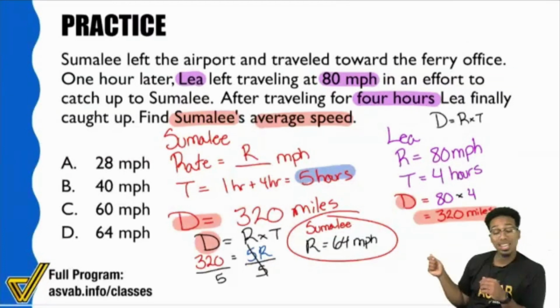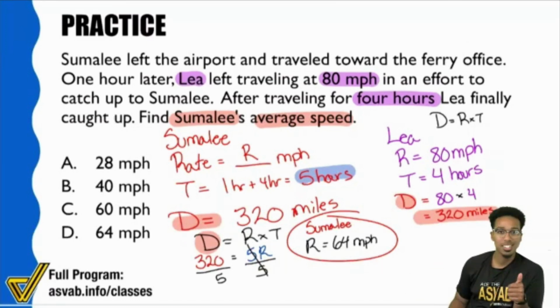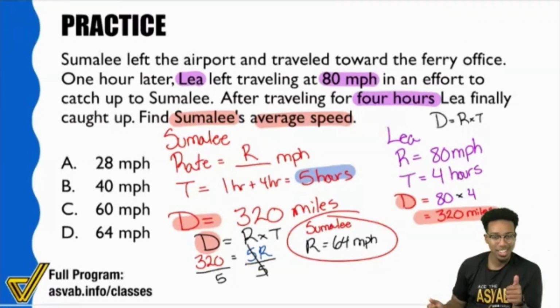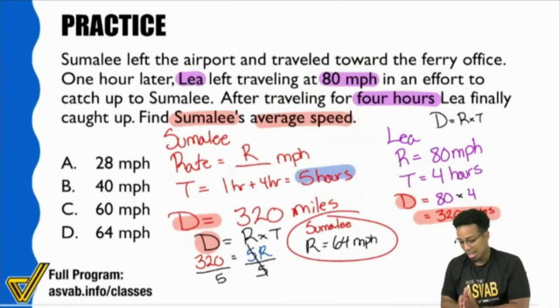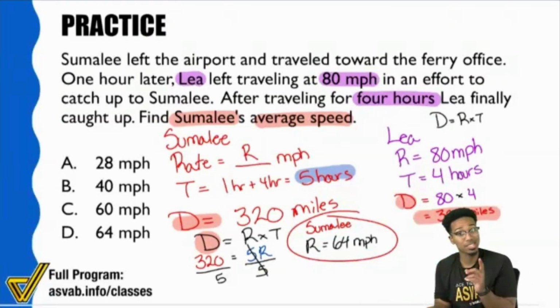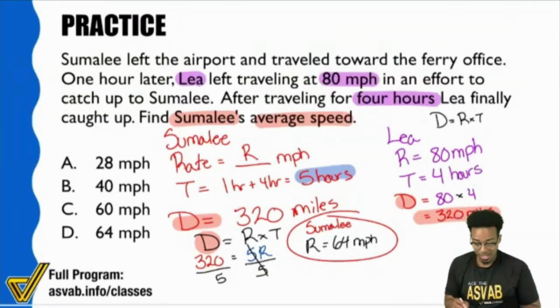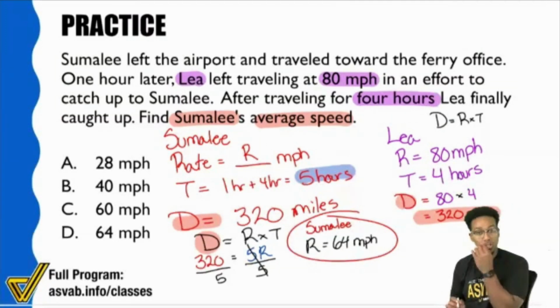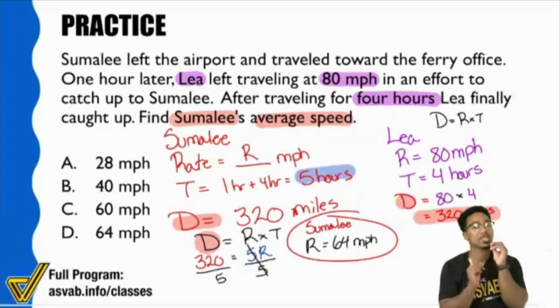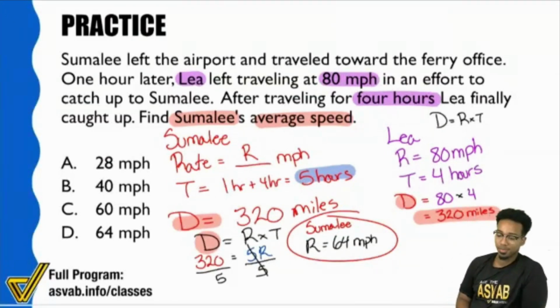But here you can't do that. Here it takes a different approach because notice Suma Lee starts first and then Leah leaves an hour later. And so the timing is different. The rates are different, different scenarios, because one is at this time and the other one is at this time. The only thing that was the same was the distance because they start and end in the same spot. That's the only part we could take advantage of. We couldn't actually blend everything together. We could only blend the distances as the same. Gotcha. So again, the reason was because it wasn't from the same place at the same time. Totally understand. Thank you.